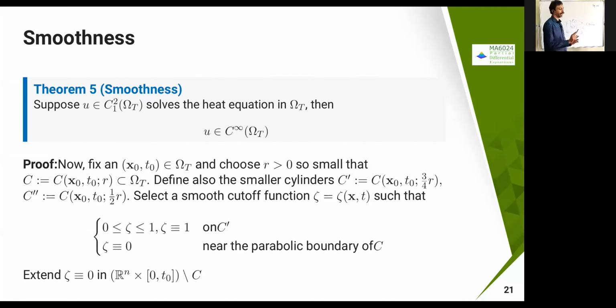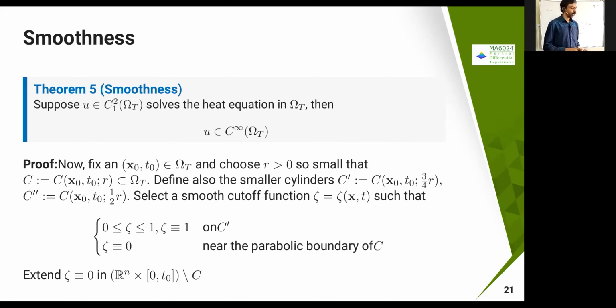I am selecting my smooth function. Theta is a smooth function, therefore it is infinitely differentiable. Now, if I choose my pi, which is nothing but the fundamental solution, that is also infinitely differentiable. So if I take some convolution between them, or just a product and integral between them, then what I am going to get is that this becomes infinitely differentiable. That's the sketch of the proof I am using.